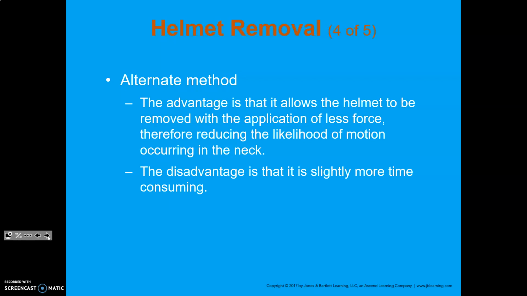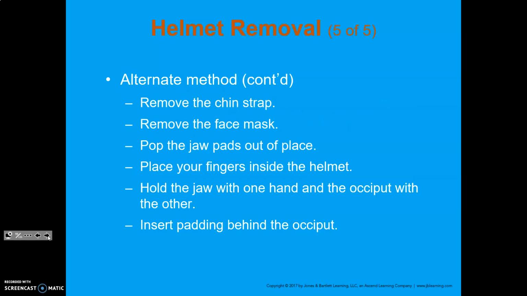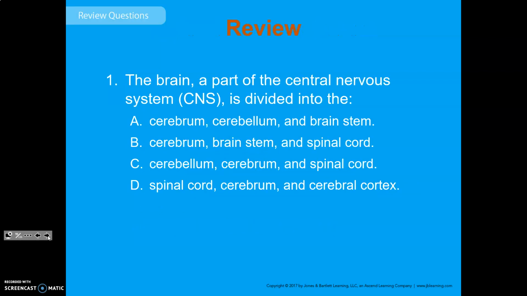Okay, not ideal, but it can work. It takes usually a little more time. Or we can basically take it apart, and if possible, we cut the helmet off or slowly remove it. So disassemble it, take it off, and